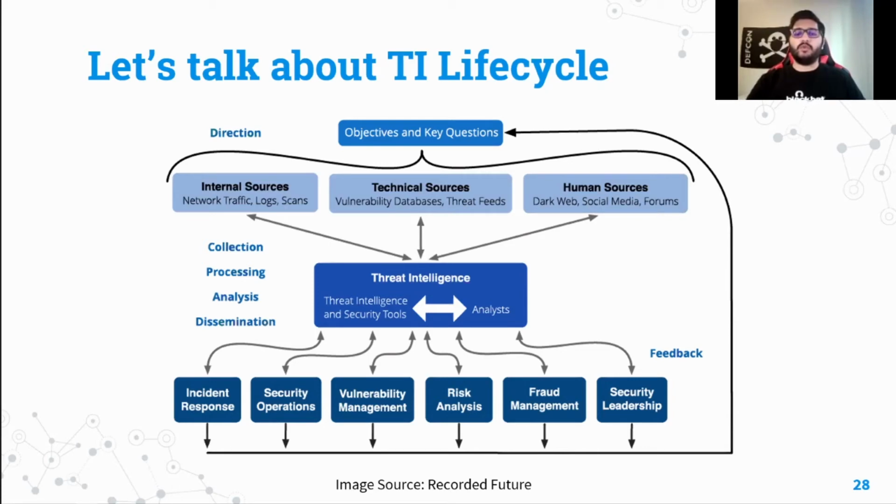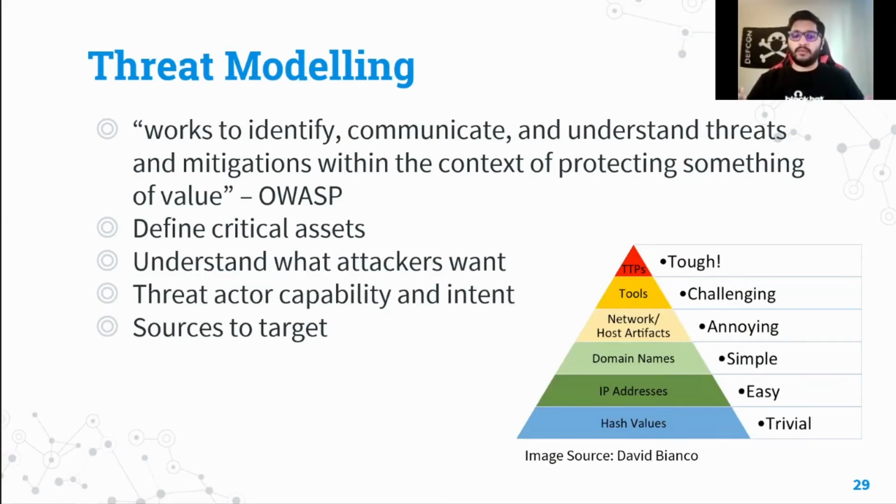Then in the collection step, you basically start your Scrapy, you start collecting data. In the processing step, you get your HTML elements, you process them, and you store them into a database, or you dump them in some kind of file format. And then in the analysis step, we talked about using different analytical mechanisms to analyze the data. And then in dissemination, you either create reports, or you put the data into Kibana, or you put some kind of alerts related to that data, and then you get feedback from it.